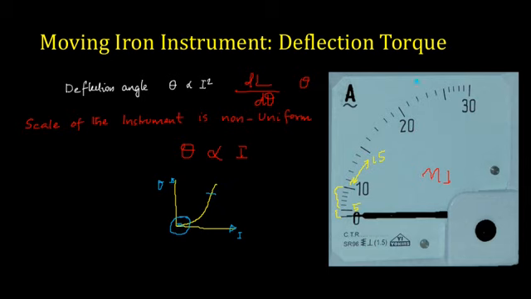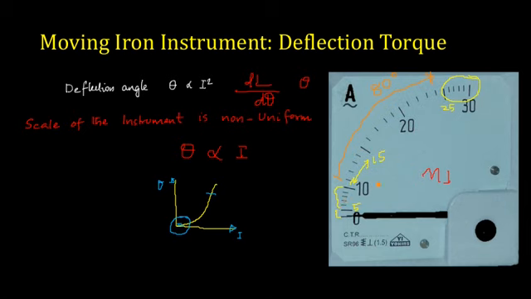Again, towards the end of the scale, you have a cramped region. So this is 25, and then you have 25 and 30 coming close to each other. Now you have a somewhat linear range from this to this. So this is somewhere around 80 degrees. Around 80 degrees you will have a linear scale, and the rest of the region is non-linear.